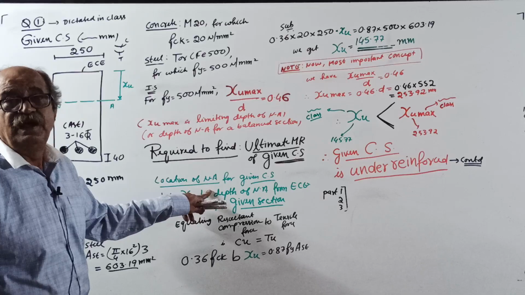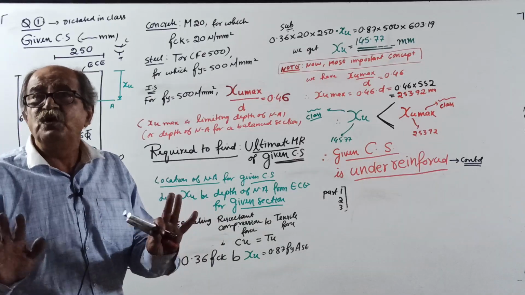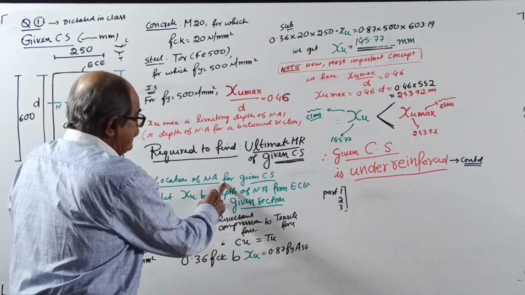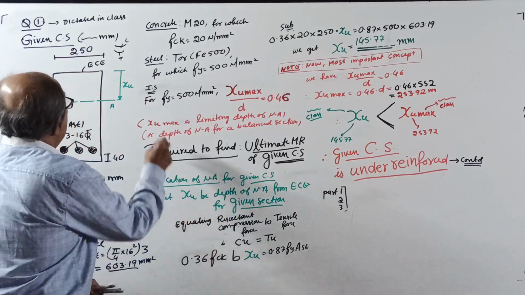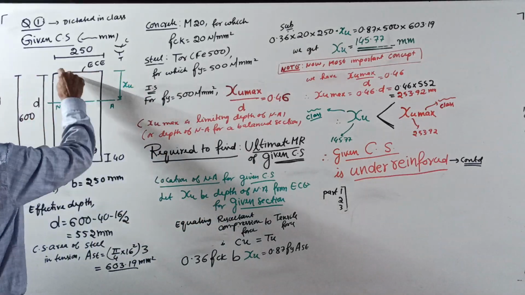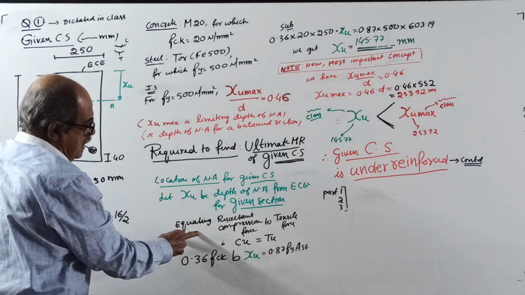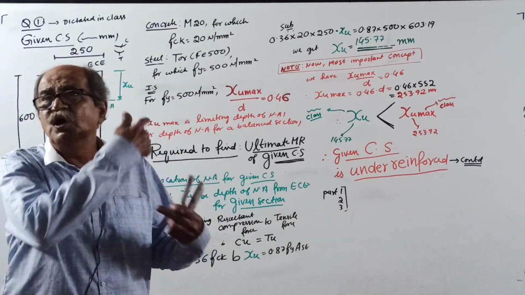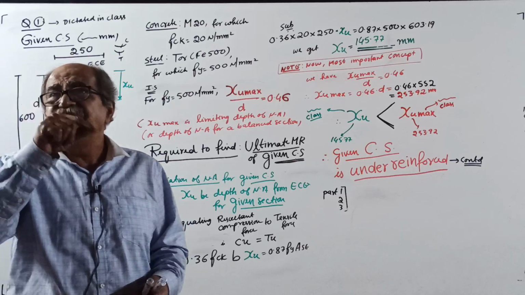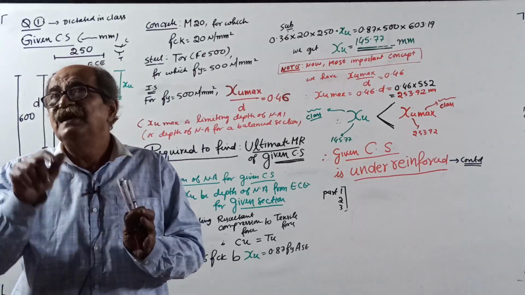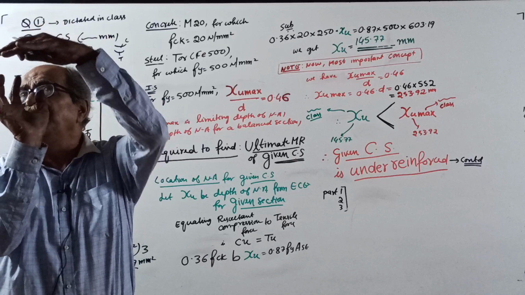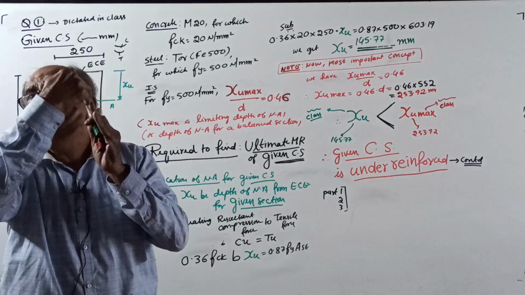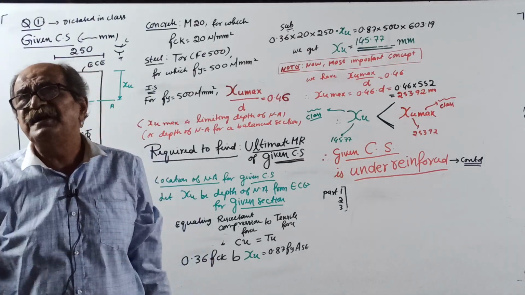Location of neutral axis for the given cross section. The green color means the actual neutral axis. Let XU be the depth of neutral axis from the extreme compression edge. Equate the resultant compression force to the tension force: 0.36 fck, the average stress, into B into XU, which is the area, giving the compression force, equals 0.87 fy